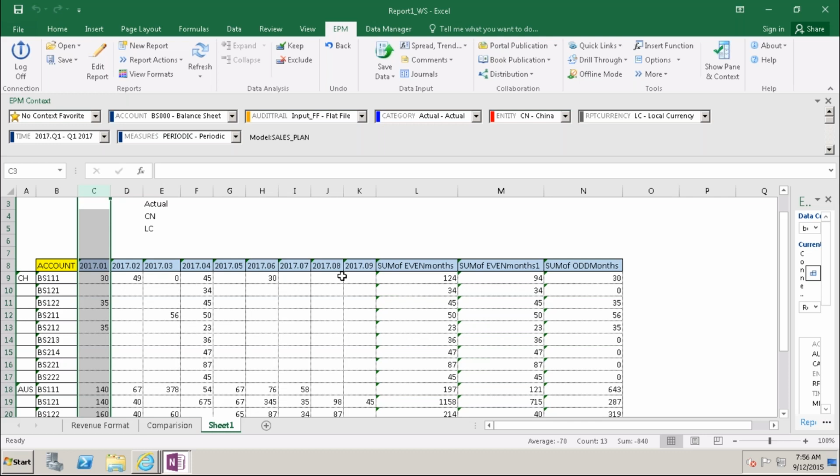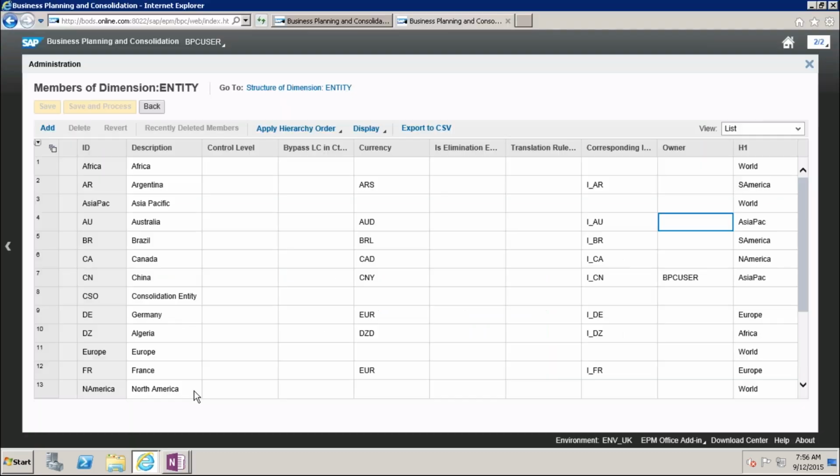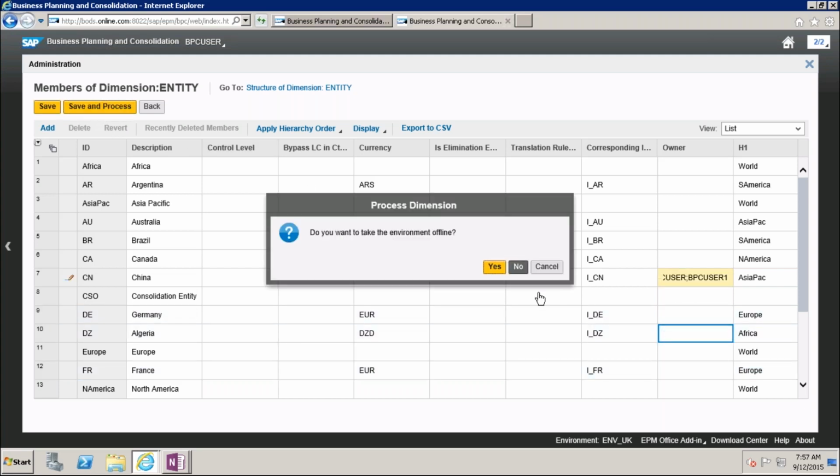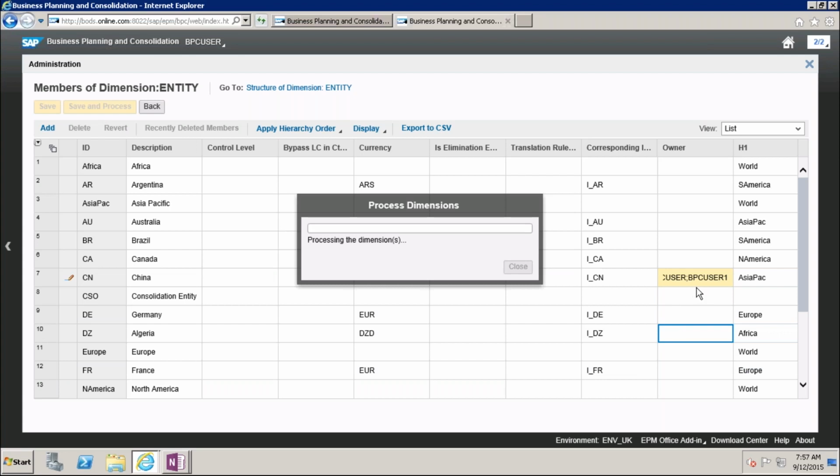Yes. Here, for the BPC user, if you have two users, put a semicolon, so you can give like this also, so that multiple users can be provided access here.